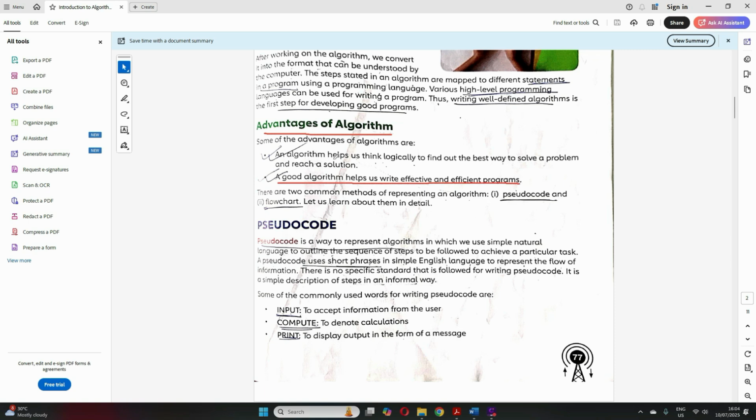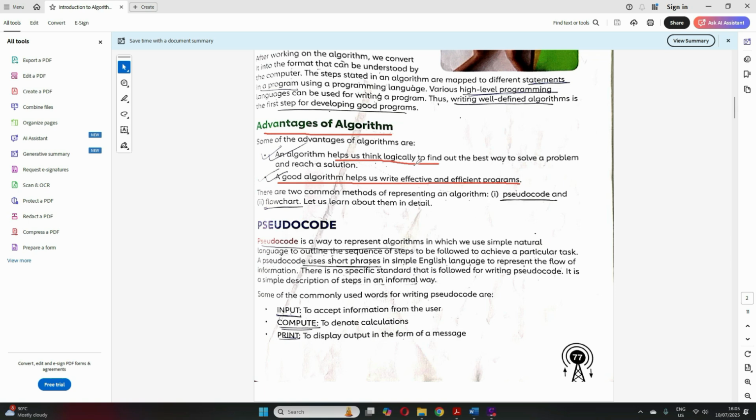And the second advantage is that it helps us to think logically to find out the best way by which we can solve a problem or reach a solution.